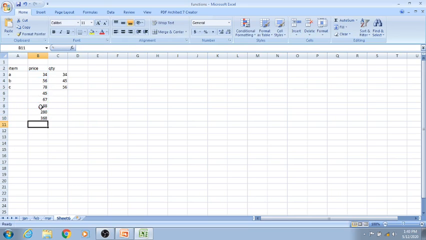Now this task is taking too much time. I have a little bit of values, but if you have a big range of values, then Microsoft Excel has some inbuilt functions.